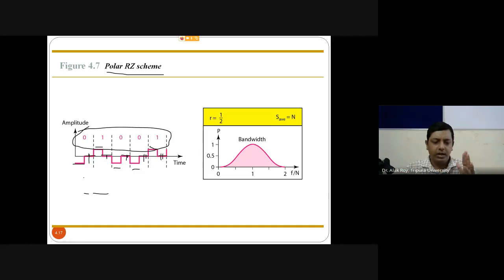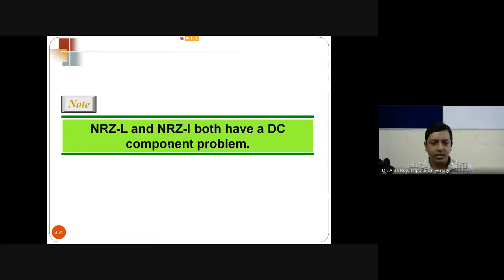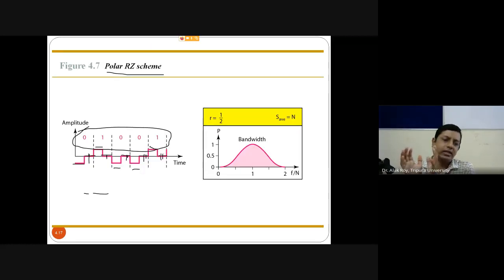Or make it the reference line. Draw the signal on the reference line, and then denote the bit stream. For 0 you can make it low and 1 high, or 0 high and 1 low. It's your choice what you want to use for 0. It's just a denotation. At the sender side and receiver side the rules should be the same. For all bit streams you can assume 0 as high or 0 as low, but the rules should be the same for sender-side encoding and receiver-side decoding.